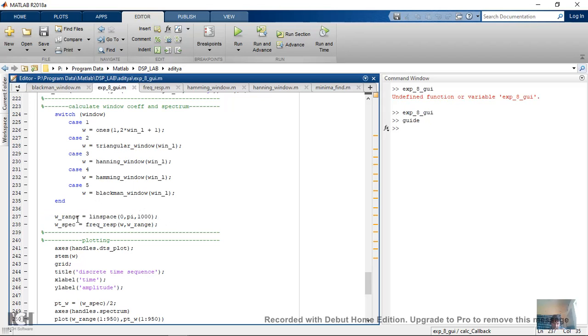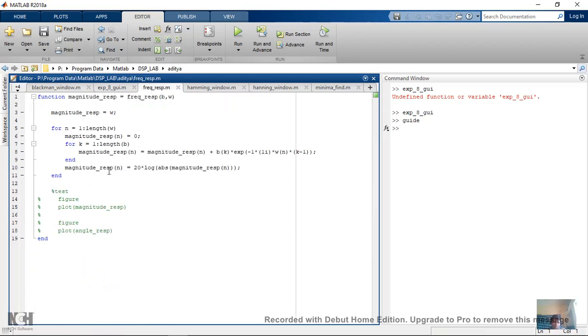To calculate the spectrum, I have defined my own frequency response function, which takes in each and every frequency value defined in this linspace and calculates the magnitude, which is done by simple two for loops. Basically the outer for loop is for choosing the frequency at which estimation has to happen,